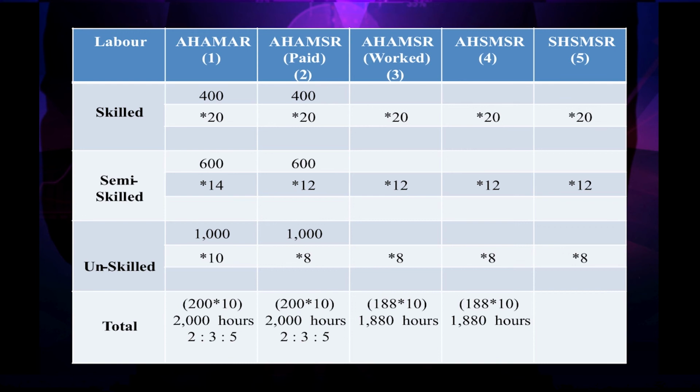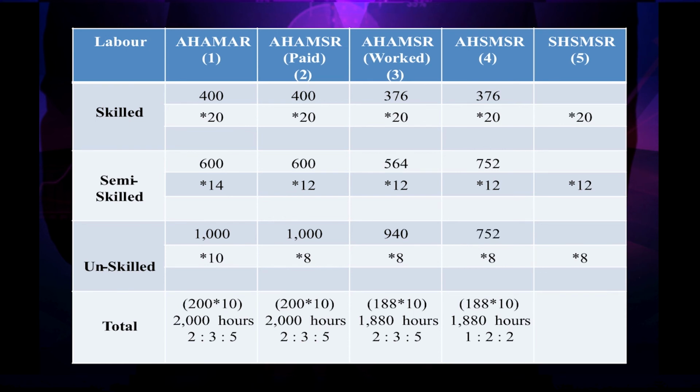Now, these 1880 hours of column 3 are to be divided amongst the 3 varieties of labor. Referring to the title of column 3, it is actual mix, and actual mix is 2:3:5. So, it comes to 376 for skilled, 564 for semi-skilled, 940 for unskilled. 1880 hours for column 4, when I divide amongst the 3 categories of labor, column 4 has the title standard mix, and standard mix is 1:2:2. So, dividing it, it comes to 376 for skilled, 752 for semi-skilled, 752 for unskilled.